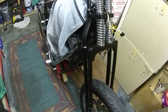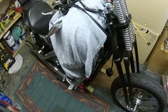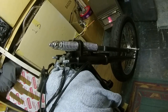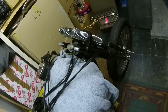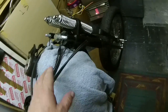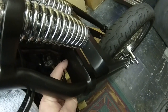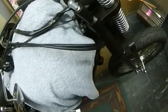Next problem. Okay, my bike's a Dyna FXD Superglide, 2002, right? So these forks fit any Harley with a 1-inch bearing slot in there. Problem. At first I thought, oh, there's nothing to stop it from hitting the tank when you're turning, so I was going to drill holes in here and peg it so that you could have a limited amount of turn. But lo and behold,